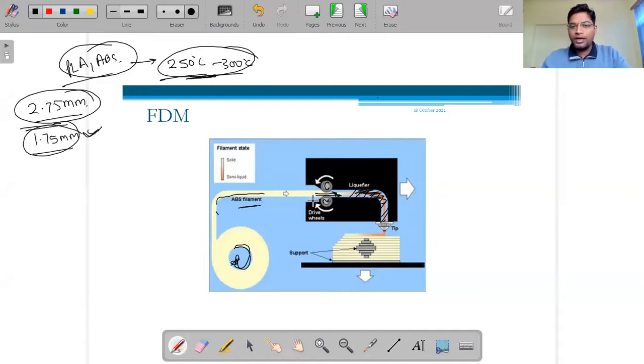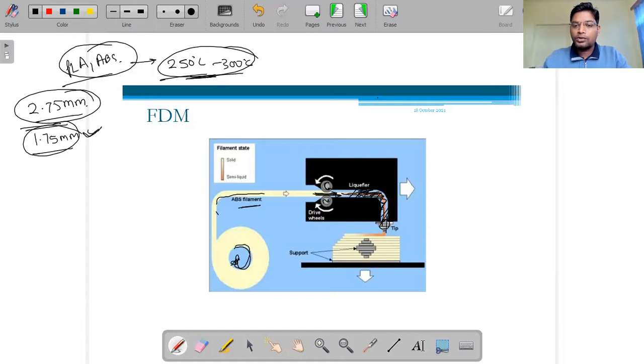There is no separate device we are using for the pushing purpose. As I said, we are using the feeder. Because of this feeding, the filament is forcefully inserted inside this nozzle. As the material is melting inside because of the high temperature, the new filament coming into contact with it pushes that liquid, and it moves towards the nozzle tip.